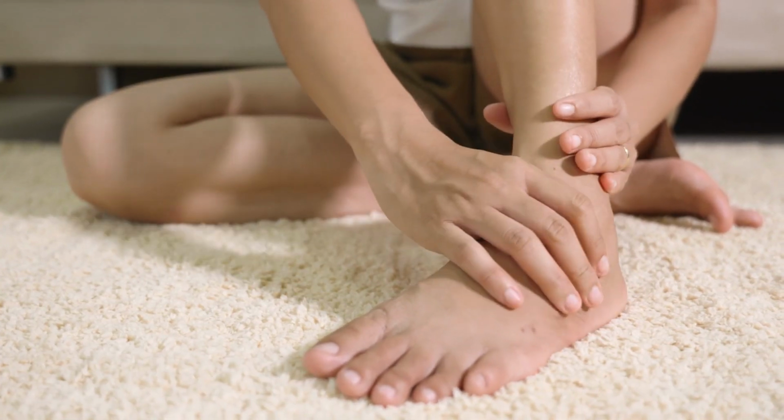So ankle instability is a very common condition that I see in my practice. Patients almost universally have been active at some point in their life, have sustained at least one or more ankle sprains, and they don't even have to be severe. It can be cumulative over time. And so what happens then is the ligaments are stretched out. They can't provide the stability to the joint that is required for normal function. And it's like having an unbalanced tire on the car that will wear out unevenly or asymmetrically if not balanced